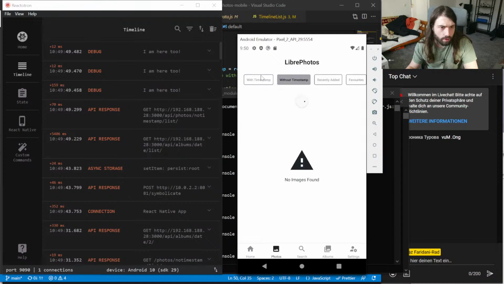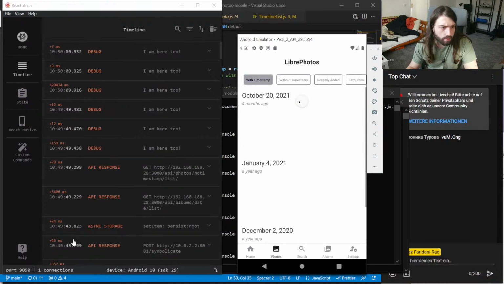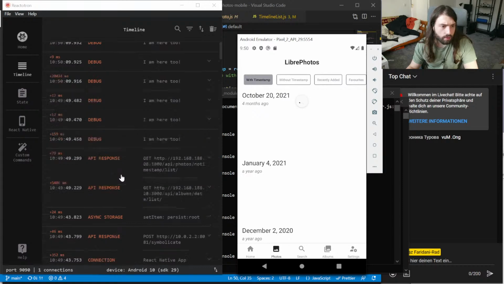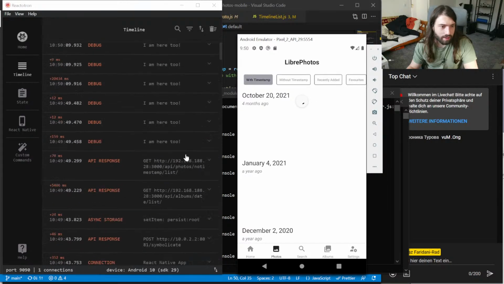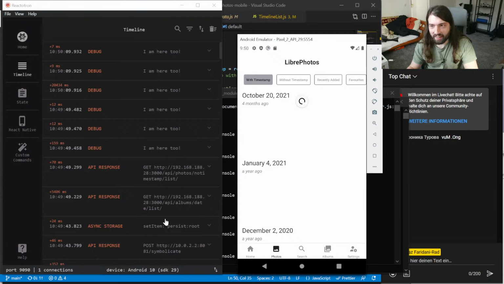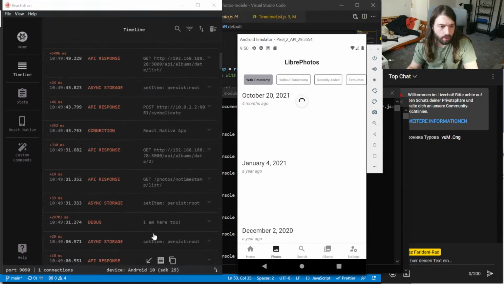So let's try that again. No, we actually don't. It just stays on loading. Yeah, so we don't actually execute the queries any longer.